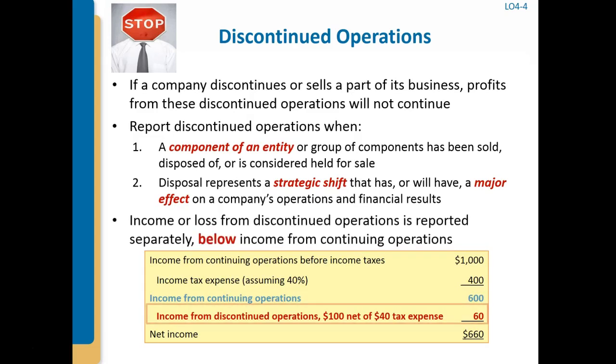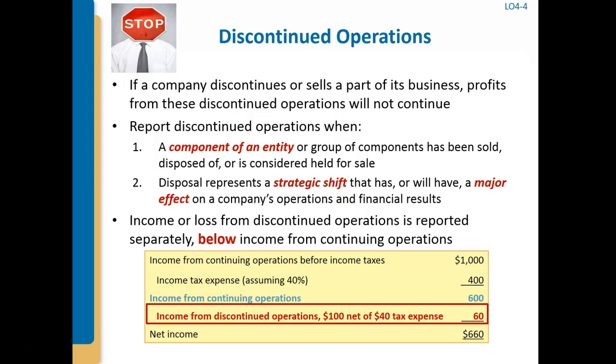Now, sometimes a company decides to discontinue or sell part of a business. Discontinued operations get reported when a component of an entity or group of components has been sold or disposed of or is considered held for sale. If the disposal represents a strategic shift that has or will have a major effect on the company's operations and